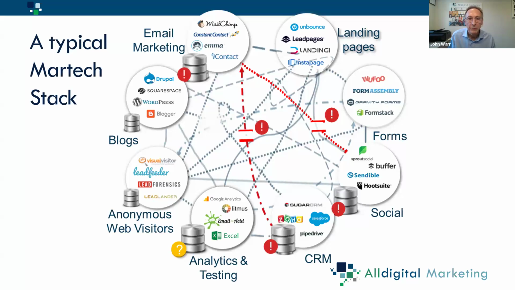Now, quite often, people will start with the CRM. You'll either have a Zoho or a Salesforce or a Pipedrive, there are different CRM systems. And then you start to realize that the CRM contains name, address, and email, but what it doesn't do is tell you where they are in the buyer journey. So you start integrating other tools. Quite often one of the first ones is a MailChimp or a Constant Contact or some sort of email marketing tool. You'll then decide that you might want to put some forms together so you can capture the data and bring it straight into your CRM.